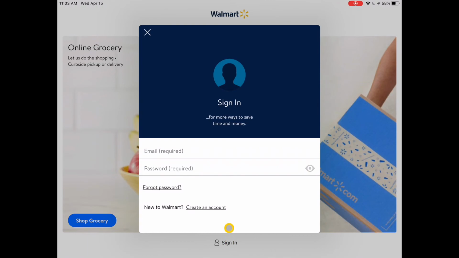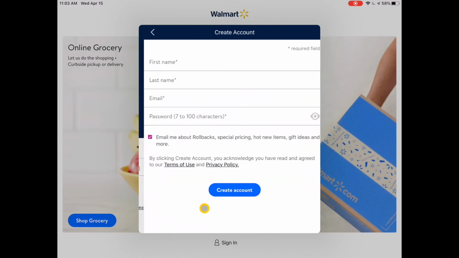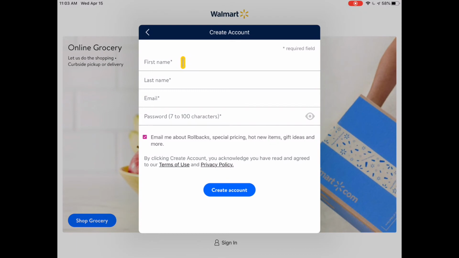Even though I don't have an account yet, this is where I would tap down here to sign into my account that I've already created. But we don't have an account yet, so we have to create an account. So I'm going to tap on Create Account, and it's going to walk me through what I need to enter here. So my first name,